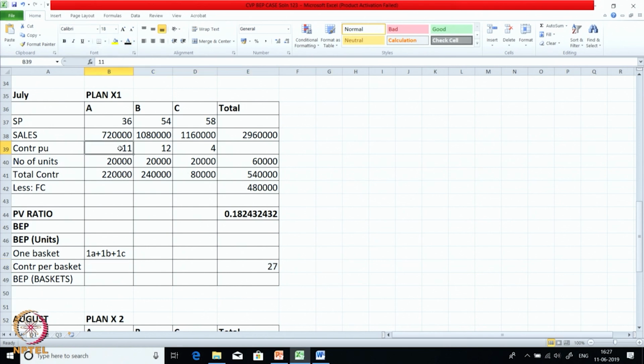So, you can take 1A, that is 11, 1B 12, 1C 4. So, total contribution of the basket is 27. Now, we have to generate fixed cost of 480 by way of contribution. So, FC upon contribution per unit is a formula. So, 4,80,000 divided by 27 will give you break even in terms of number of baskets. Are you getting me? So, your answer is